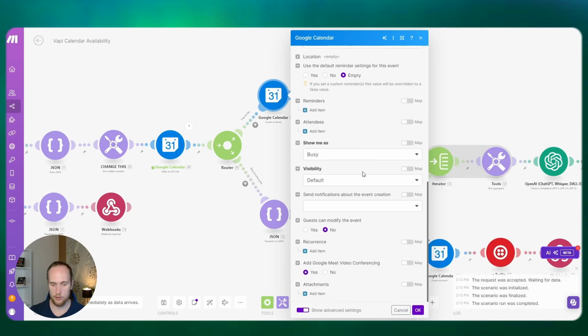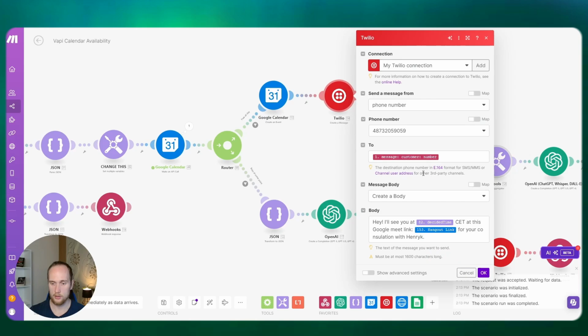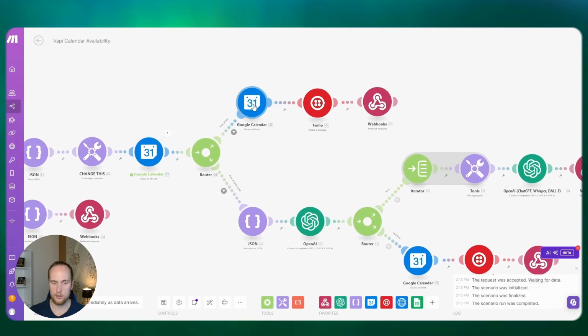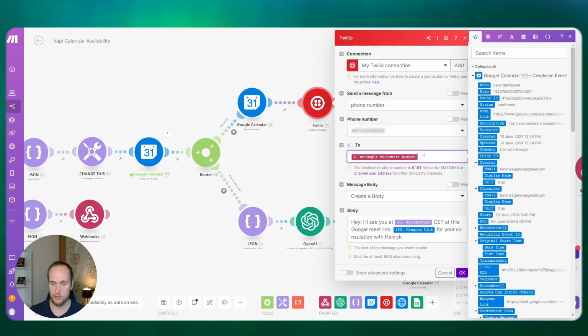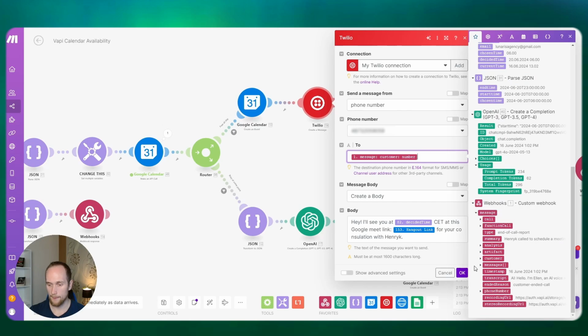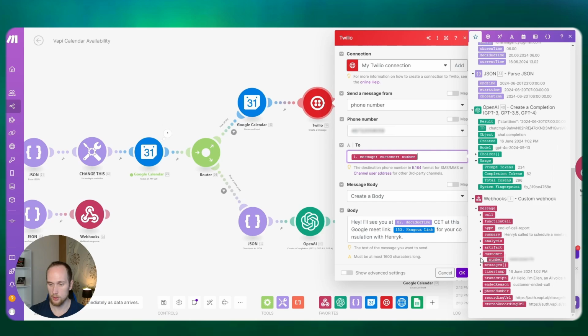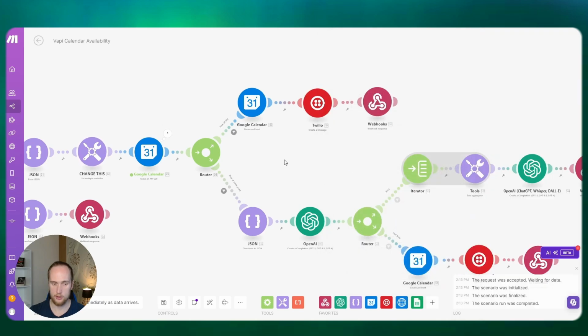The main thing we want is to click yes here to get the Google Calendar event, because then we grab the Hangout link from this and insert it into the SMS that the person will get. And into the To field, you go customer, then click on number here, and the decided time.